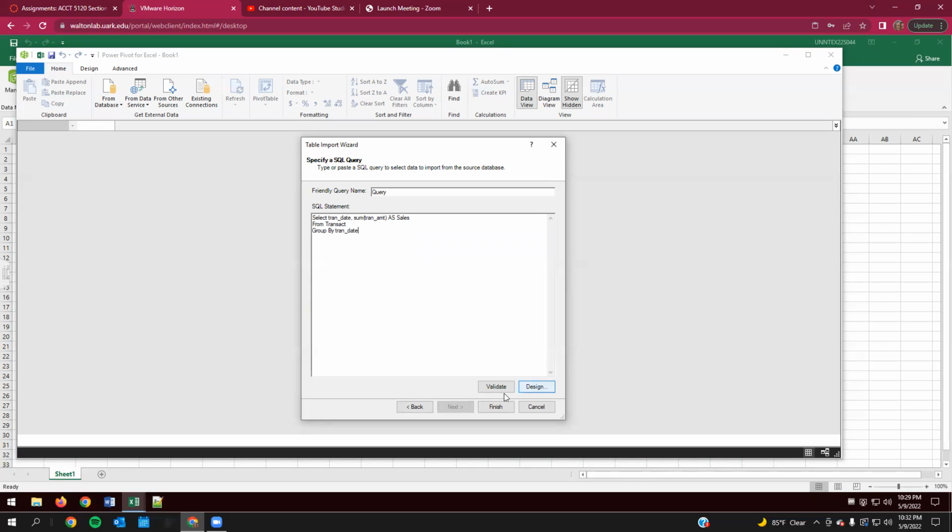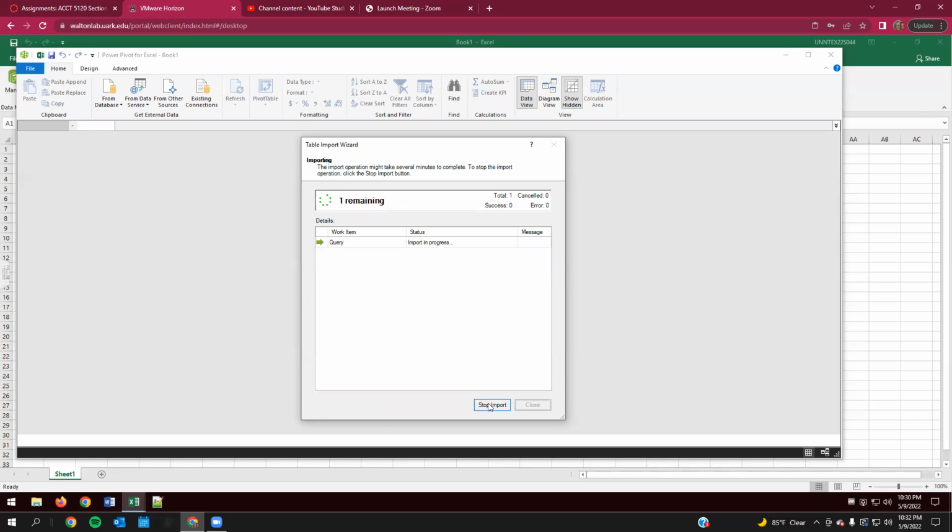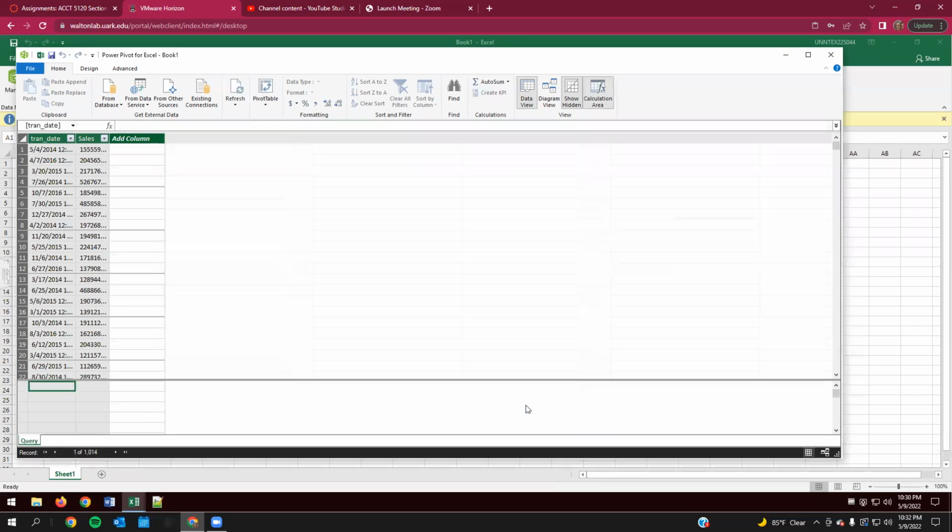All right, so let's see if that works. Yep, it's valid. So now we can click finish and it'll load. All right, and close. All right, so there's our data